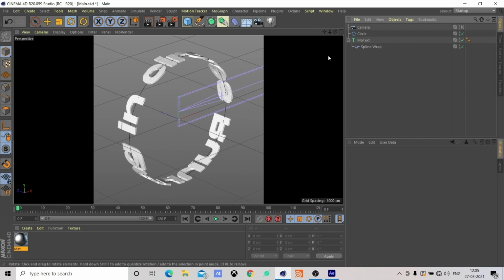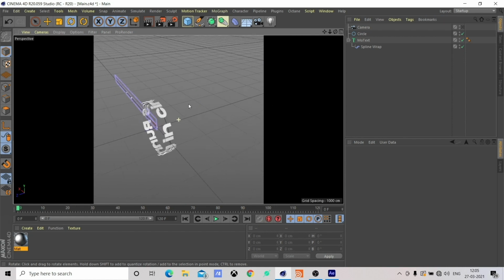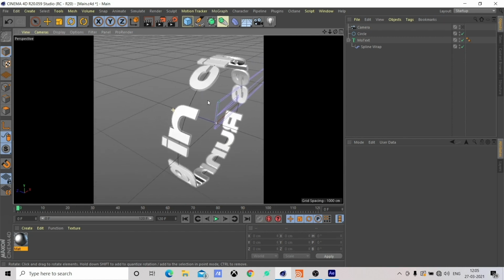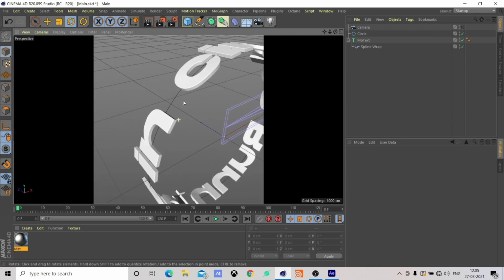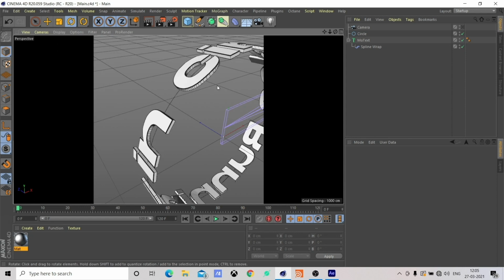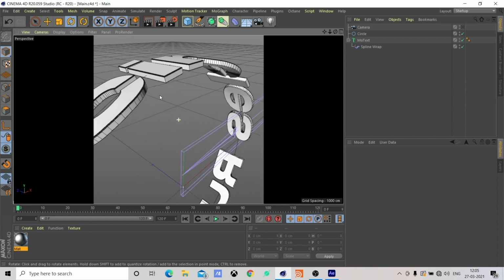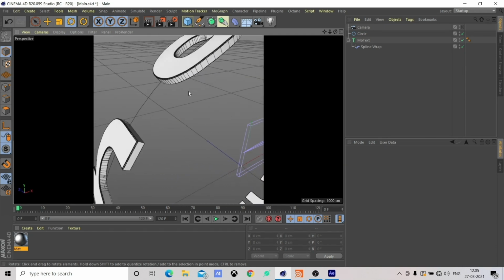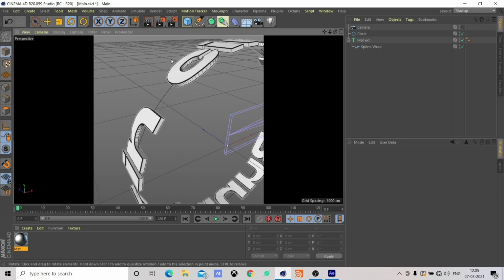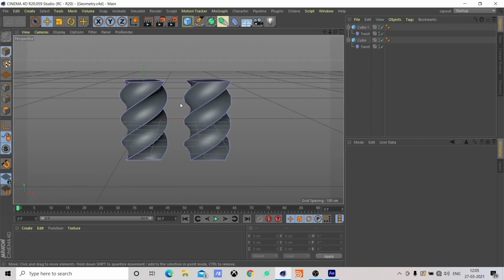Yeah, I think this works for me. So I'll go back out of the camera to show you the geometry that we have right now. So I'm clicking on the text to actually show the geometry. You can see our text doesn't really have a lot of geometry, and because we are deforming, we want to have some geometry so that our text can bend around the spline properly. So I'll just show what that means.